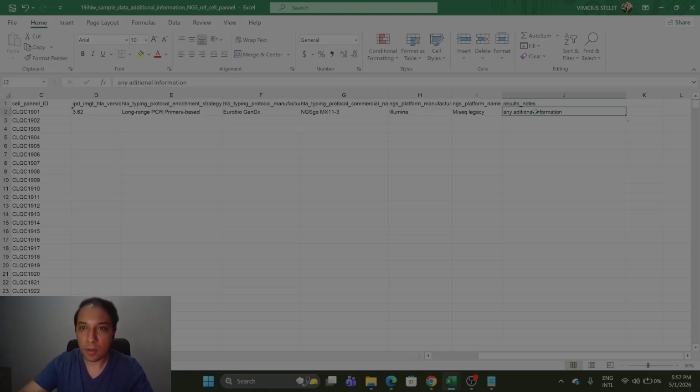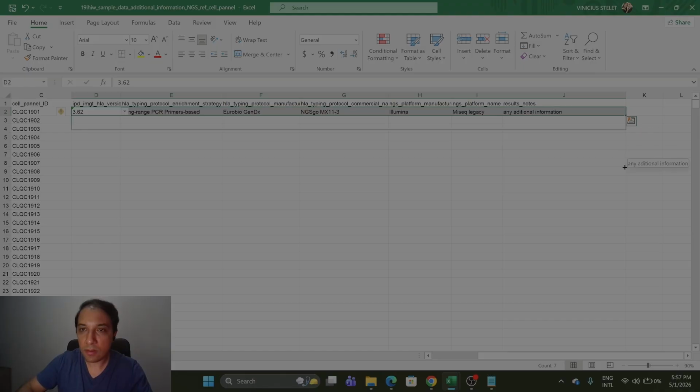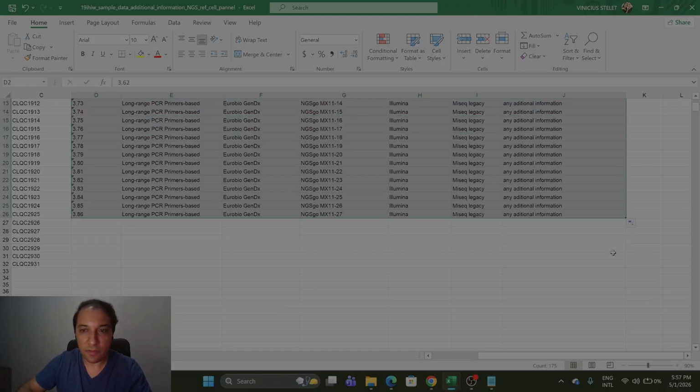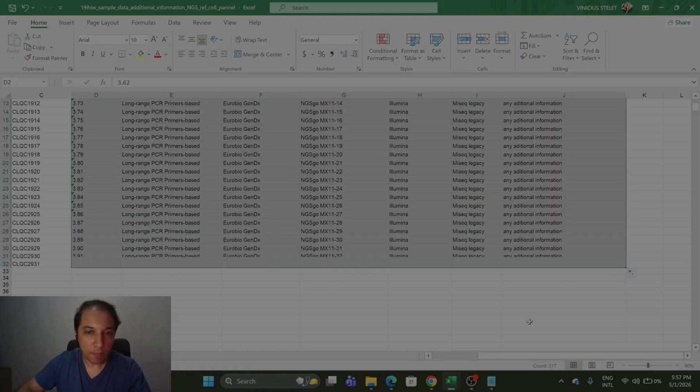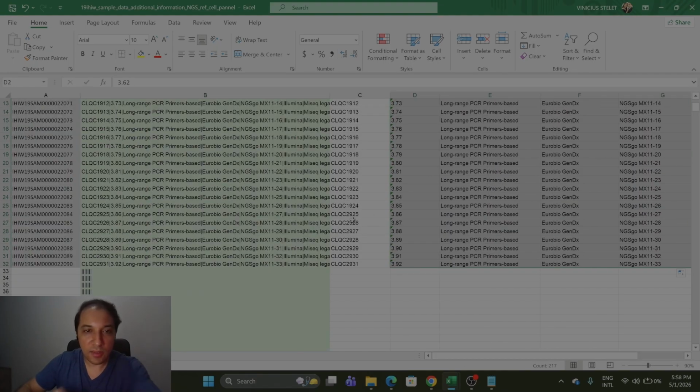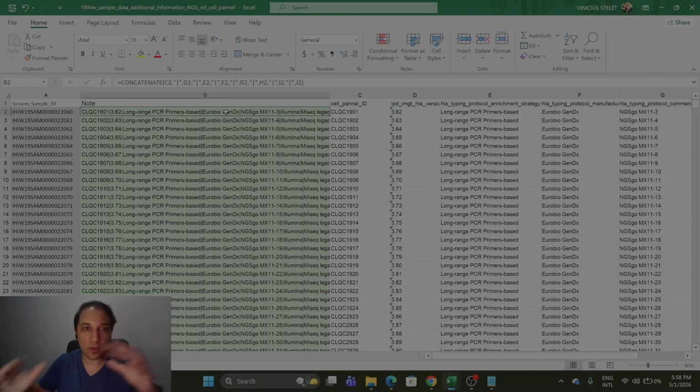Okay. And please just do this to all of them. Okay. This is done just to create this concatenation. So you can see that all the information here comes from the columns and uses this pipe separator, this vertical bar, as a separator. Now we need to copy this information. Sorry, let me just pick the correct cells.